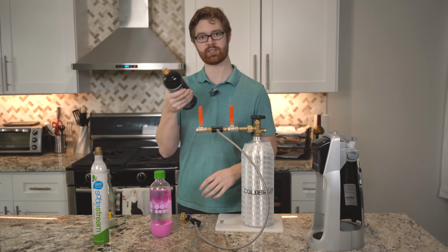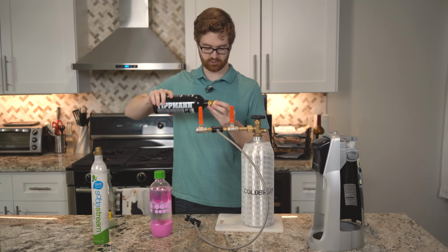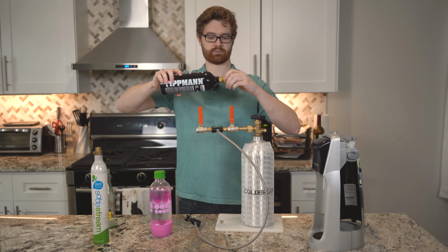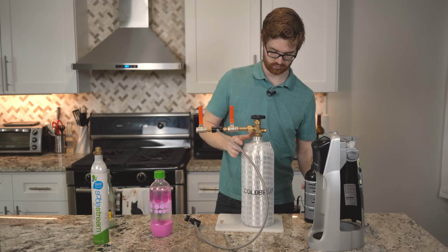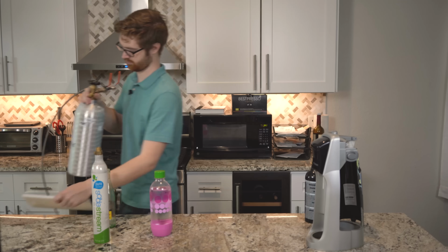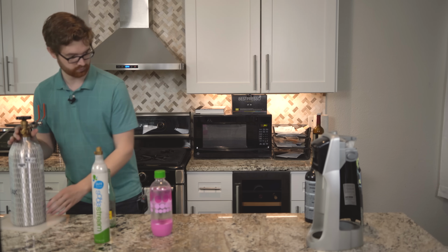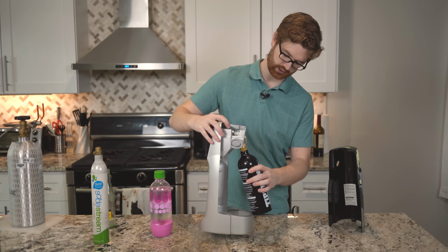And we can feel that there's actually a bit more weight to it. There's more liquid CO2 in here. And we just screw on our adapter. Get this out of the way. And finally, we screw our adapter and tank